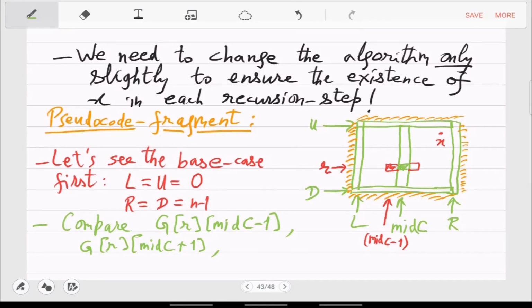Now we will keep track of another element, which in the base case, for lack of options, let's just pick this element here.